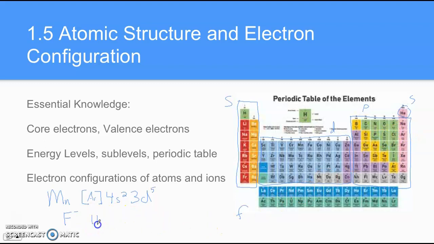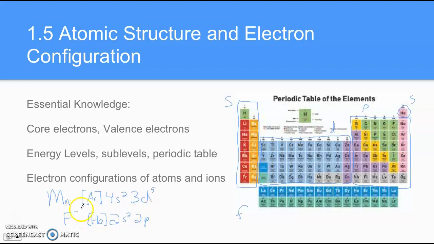So start from the beginning, we would put helium in brackets. That's the nearest noble gas behind it. And then you start in the second period, so it's going to be 2s2, and then 2p. And fluorine is the 5th element in that P sublevel, so if it was the fluorine atom, it'd be